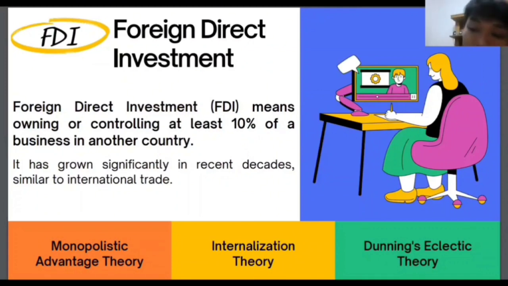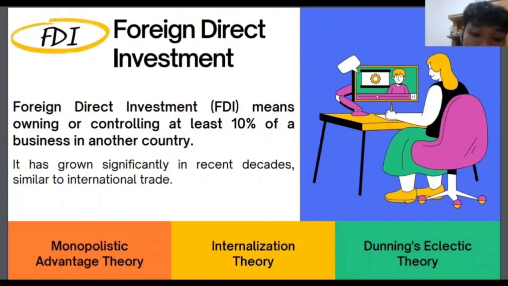And the third theory is Dunning's eclectic theory. This theory combines the above ideas. It says a company needs three advantages for successful FDI. First, ownership advantages, a competitive edge like superior technology or brand recognition, for example, like Toyota's reputation for quality,